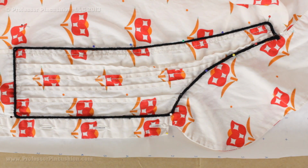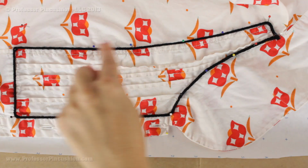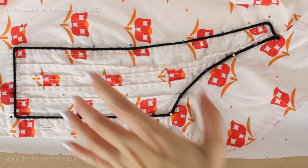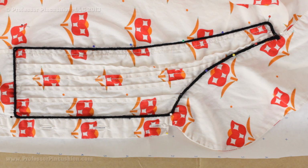Either one, I've seen in both shirts. The black yarn is outlining where my seam allowance is for this particular piece. So my tucks are only in this section, and this is a separate piece that is sewn into my front. I have it on both sides. So again, I only need to create one pattern piece and just cut out two, and that'll serve for both